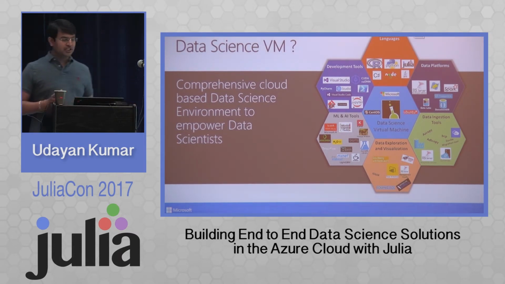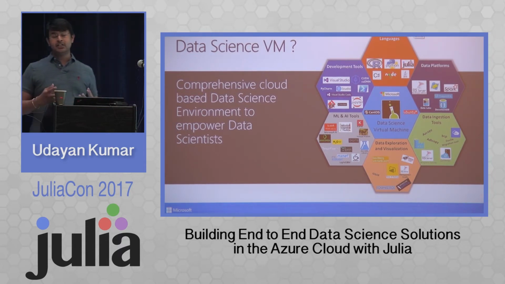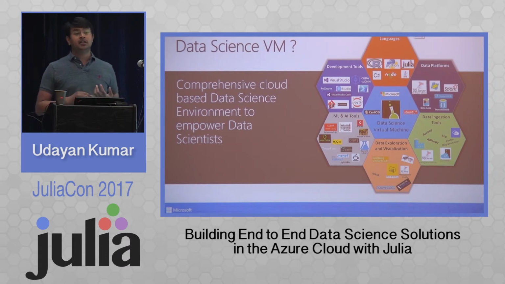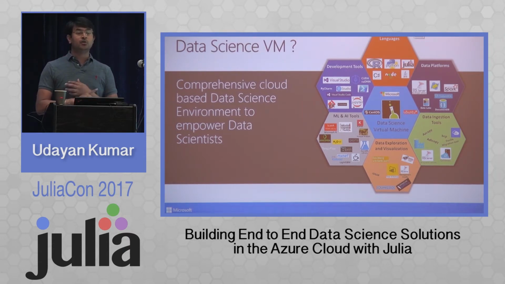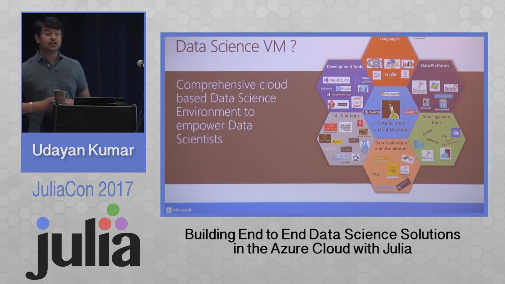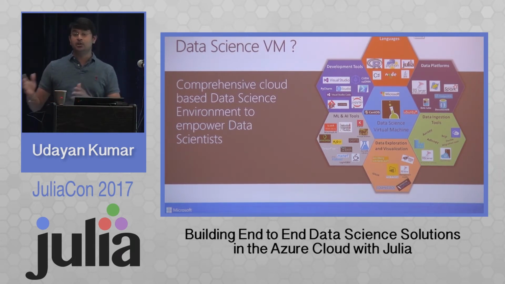So the Data Science Virtual Machine is a comprehensive cloud-based data science environment that empowers data scientists. What it essentially does is create a developer data science desktop in the cloud. As soon as you provision it, you get Julia installed, you get Juno Pro installed, and you get Jupyter up and running with a Julia kernel. So as soon as you get the machine, you can start coding and doing your work without